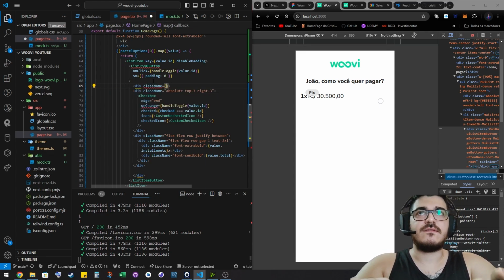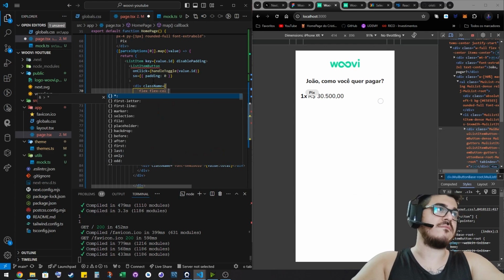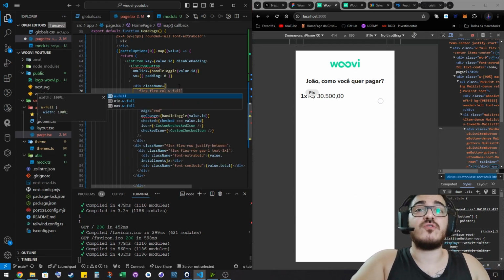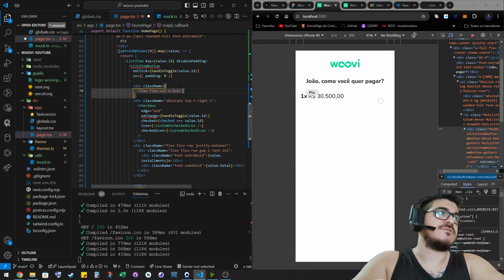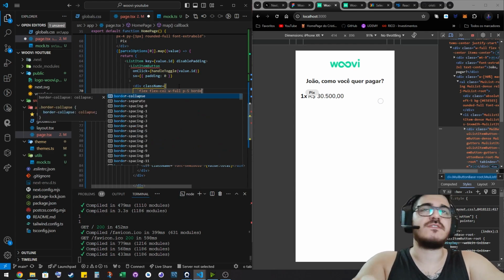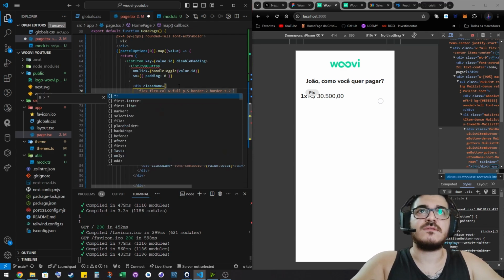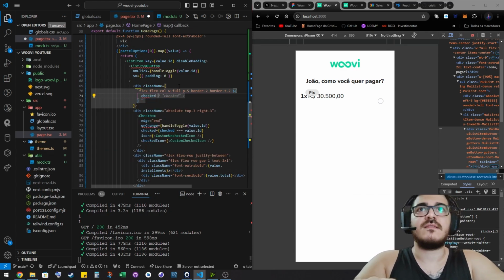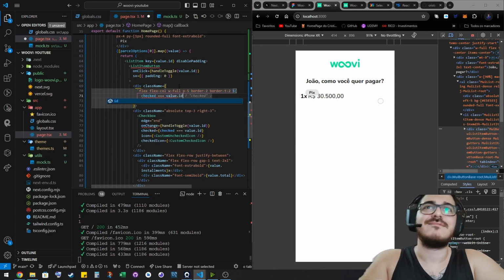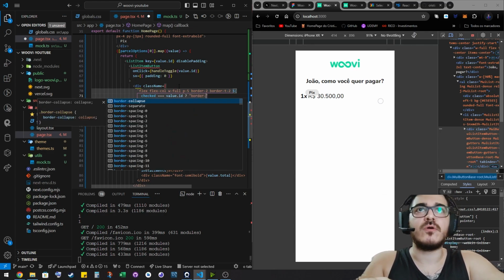And then that is, we're going to do like this. Flex col w-full. Why did I do it like this? Because I'm going to use the checked state to see if it is checked, to change the color of the background. So sometimes it's hard for me to explain, but when something's so hard like this one, I prefer to show it and then explain it. That's why I'm a junior, not a senior, but maybe someday. So if it is checked, I'm going to change the color of the border to this color